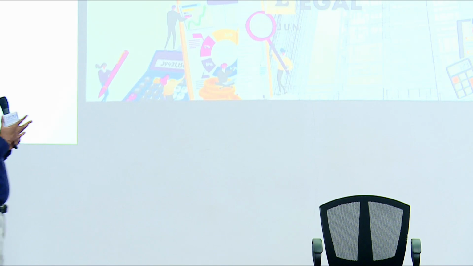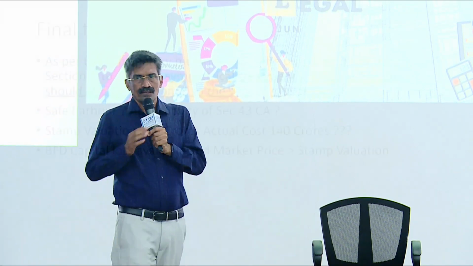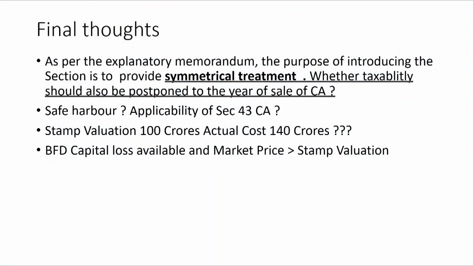Very importantly, you should also appreciate here, there is no safe harbor provided here. Assuming a situation where you convert it and the stamp valuation is more, under 50C or under 43CA, you have a safe harbor of 10% allowed. But there is no safe harbor available for 28.6A. So you can ask the question, can I then apply 28.6A, 43CA and then take the safe harbor?